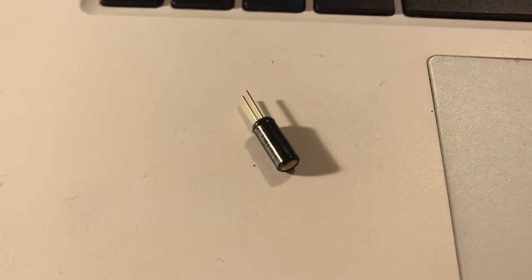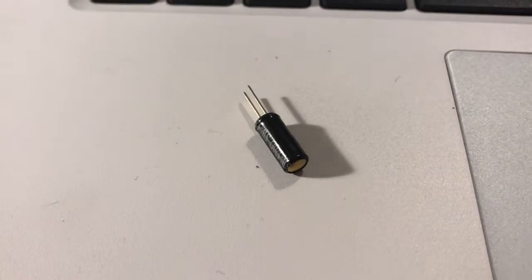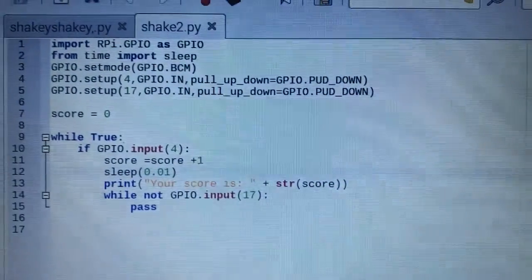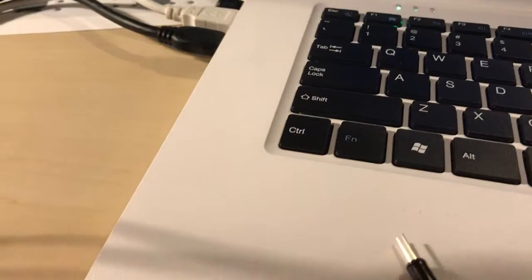Having some fun with a Raspberry Pi 3B Plus and some tilt sensors to make a game called Shakey Shakey for the Egham Raspberry Jam. The code is quite short, and basically there are two of these tilt sensors, if I can get them